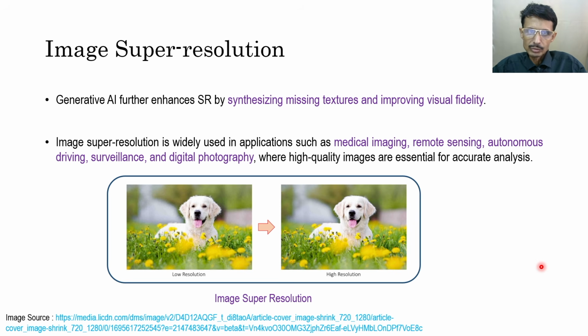Image super resolution is widely used for applications such as medical imaging, remote sensing, autonomous driving, surveillance, and digital photography. But high quality images are essential for accurate analysis. In this figure, you can see the low resolution image has some sort of checkerboard effects or blurry effects, but the result is a very high resolution image. So from this input,